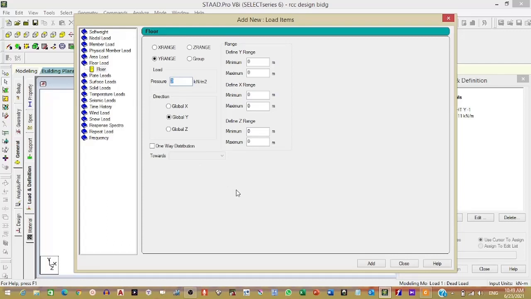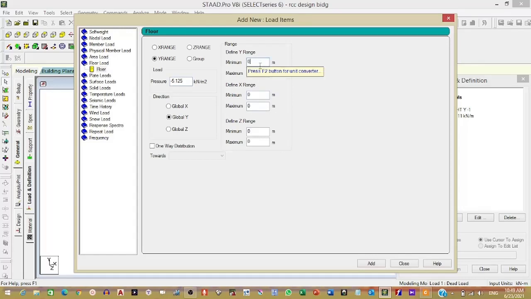You are working in XZ plane. So here you need X range and Z range.